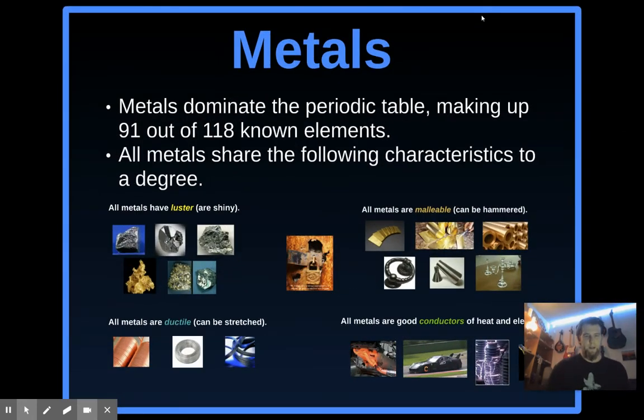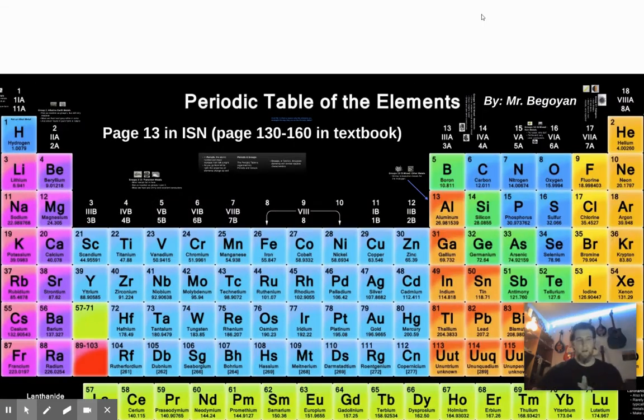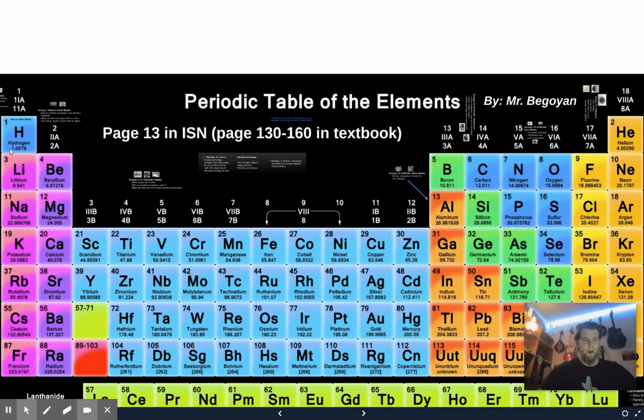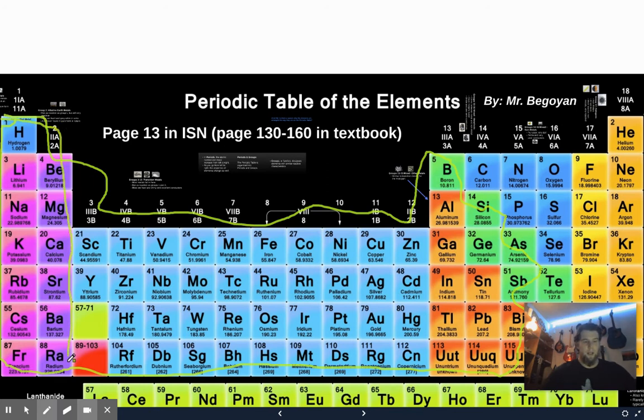So let's talk about the metals. We want to hop back. My apologies. So the metals, pretty much if you follow, let's see if I want to use the drawing tool again. I'm going to give it a whirl. So everything going through this way and then back. Man, I am a terrible tracer. These are metals. Now, what we're going to talk about first are the ones in here. But yeah, so everything that I sort of encompass, so everything pretty much on the left side and in the middle, it is a metal.